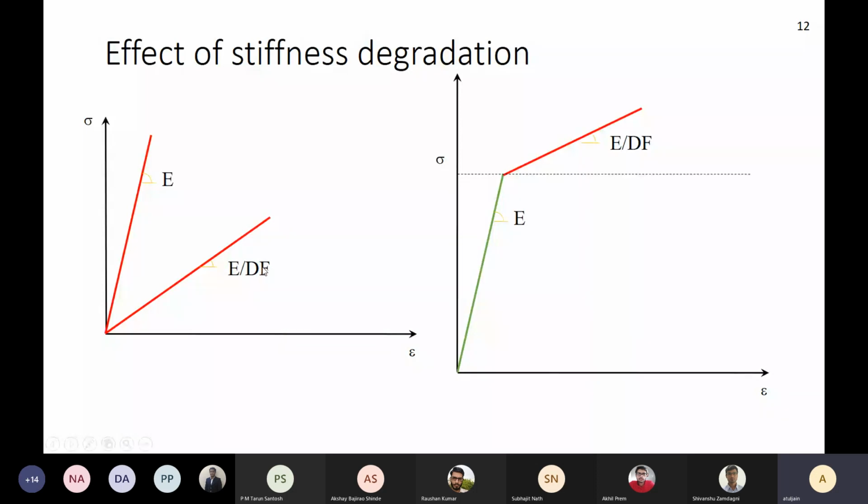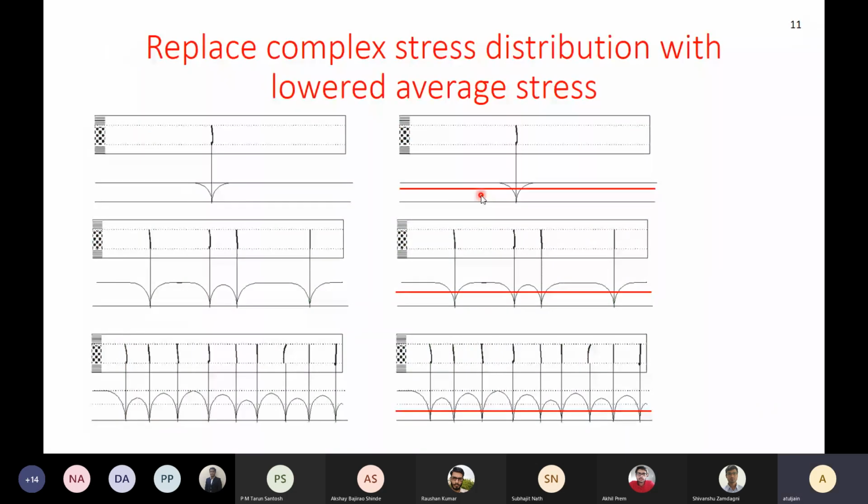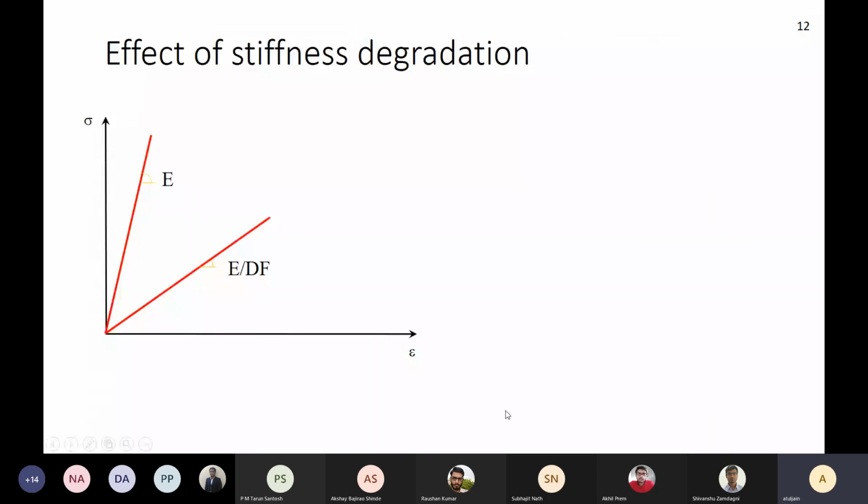This damage is happening because the average stress reduces as we have damage. As the damage increases, this red line is going to come lower and lower. So the Young's modulus is decreasing because the load carrying capacity is decreasing. For a certain applied strain, the average value of stress is reducing, which means that the Young's modulus is reducing due to damage. If it is undamaged, the modulus is E, which is the slope of this line. After onset of damage, maybe the stress strain curve will be like this, where the slope of this line is my modulus, which is reduced. E is greater than E df.